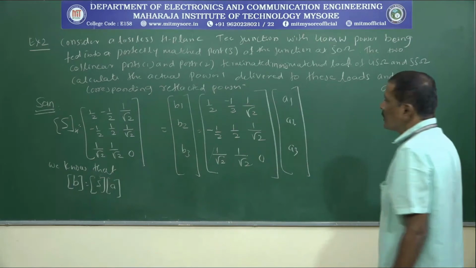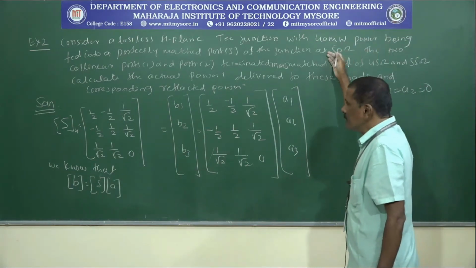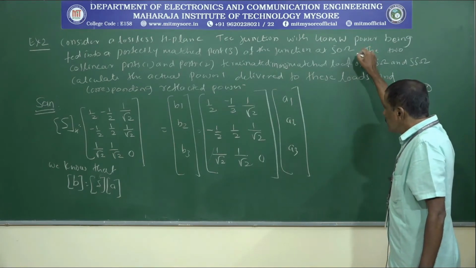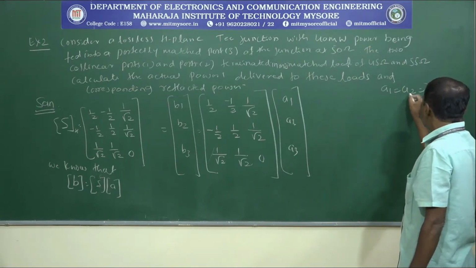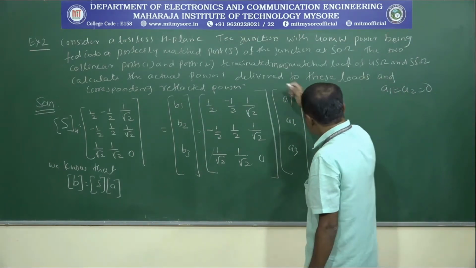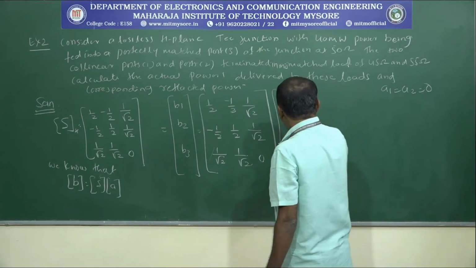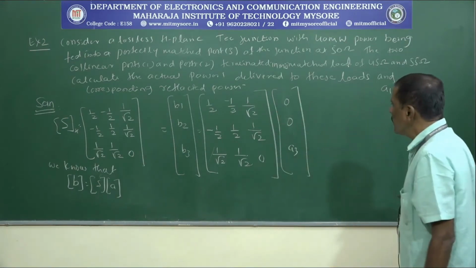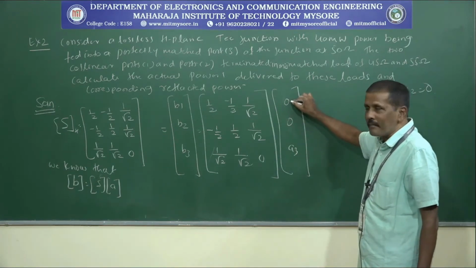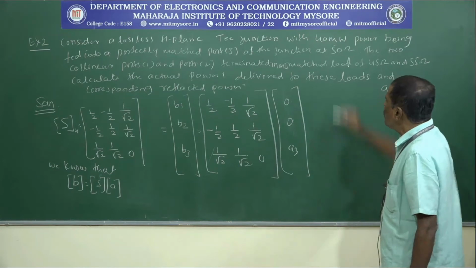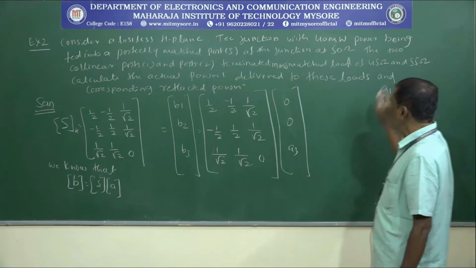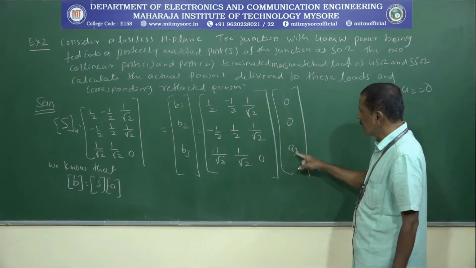and A3. Now as given in the problem, A1 equal to A2 equal to 0 and we are applying the signal at port number 3. So A1 and A2 are going to be 0 and we are left with only A3. Here the values are A1, A2 and A3, but from the given problem, A1 and A2 are equal to 0 and we are left with only A3, which I am writing as it is.